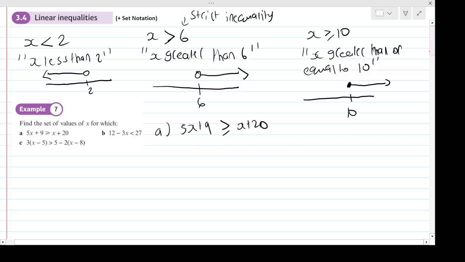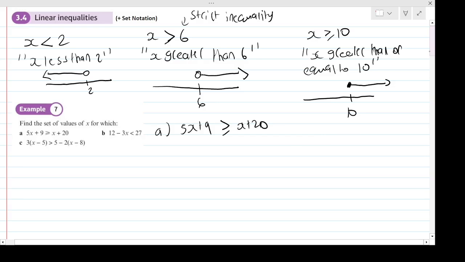So what that means is you need to get x on its own, greater than or equal to, or less than or equal to, or greater than or less than some number, right? So basically, it's like x has to be equal to a number k, but instead of equal to, it has to be one of these four signs. So greater than, equal to, less than, equal to. Anyway,